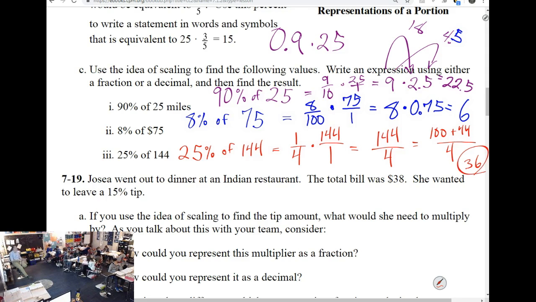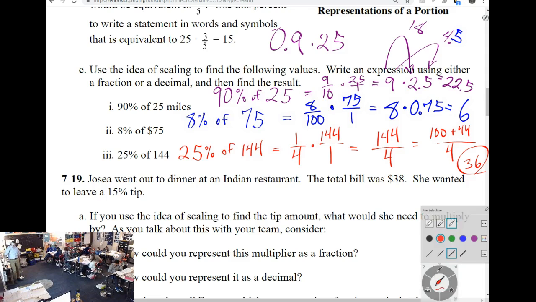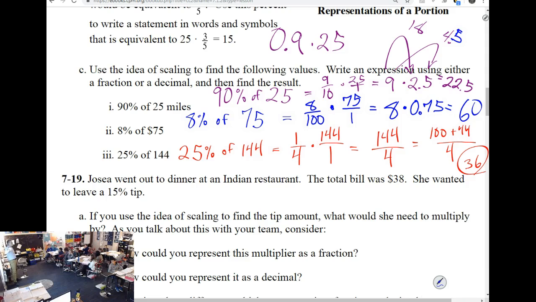Now, you could use a calculator. I get that. But we want to understand why we get the values that we do. So if we accidentally type something in wrong, our brain catches it and says, wait a minute. How could 8% of 75 end up with 60? If I type in 1 decimal in the wrong place, I get my answer as 60 instead of 6. You need to have alarms in your head that say, wait a minute, this is less than 10%. That doesn't make any sense.